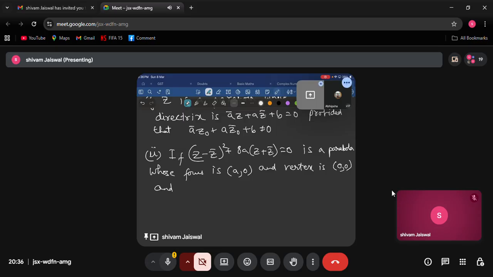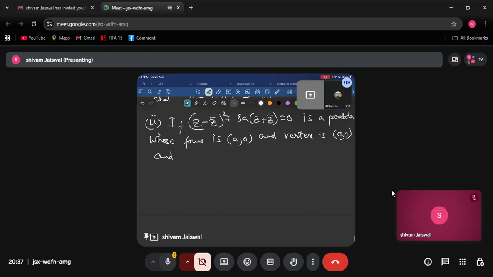Are you able to understand that if you divide it by 2, you have to multiply by 4? When you are multiplying by 4, this is also divided by 2. So you multiply by 4. Finally you are going to get 4. Understood? And real axis is axis of parabola. This is the equation of the standard parabola.